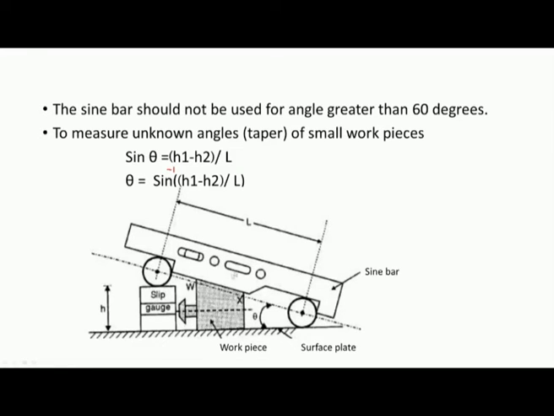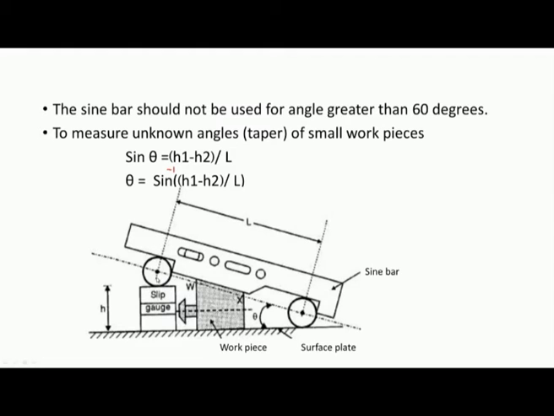We can take the help of an angle plate or magnetic stand to mount the sine bar over the workpiece.